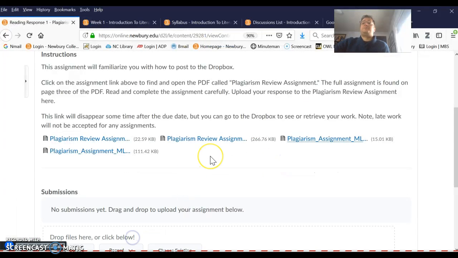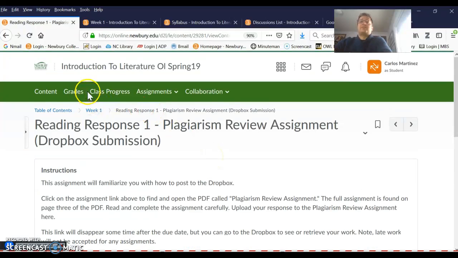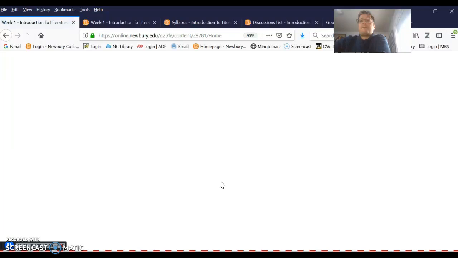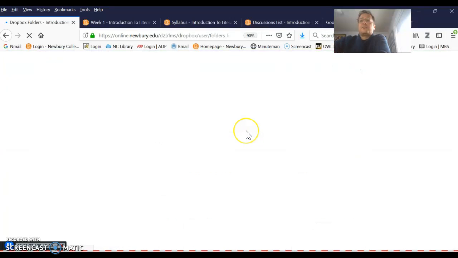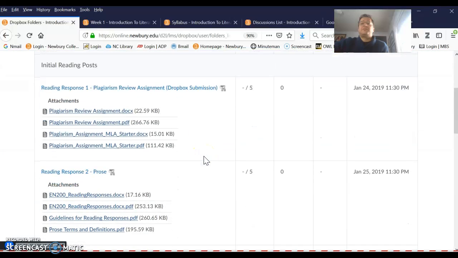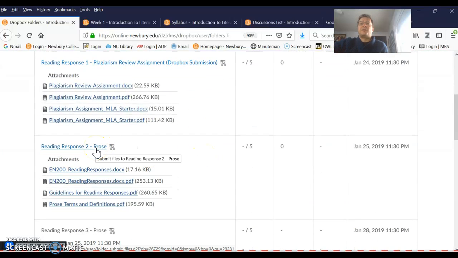Okay, that pretty much covers just the basics of how to get started in the class. If you have any questions, of course, you can email me. One last thing I wanted to show you is that I think a better way to turn in assignments is to actually go to the Dropbox. Because that interface is okay, and you can upload a document from there. But the actual assignment, it's better to access it from the Dropbox, and I'll show you with the Kafka